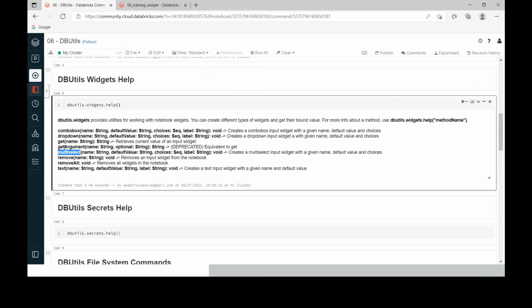And these get and getArgument commands are used to retrieve the values passed through combo box or text box. Text, combo box, and drop down are used to create the widgets in the notebook. But if you have to remove already created widgets, then we can use remove. If you want to remove a particular widget, we can use remove. But if you want to remove all the widgets from the notebook, then we can go for removeAll.